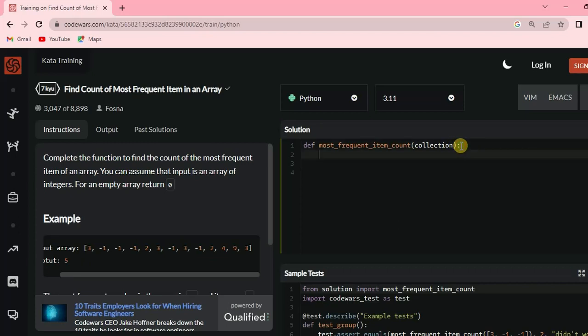See, I am checking if the array is empty or not. How can we check? We can check by using the length statement. Here the array is a Python list, right? So by using the length statement we are checking. See, length of collection is equal to 0. If the length of the collection is equal to 0, we should return 0. Else,